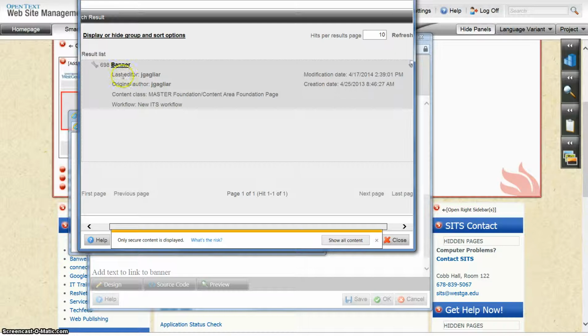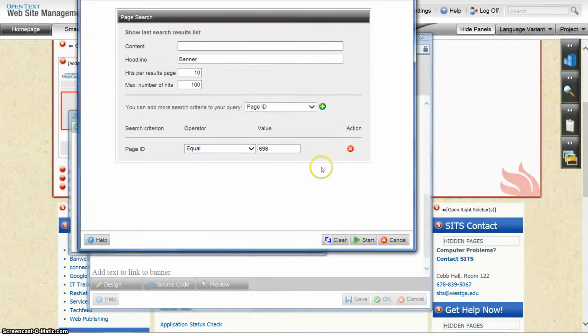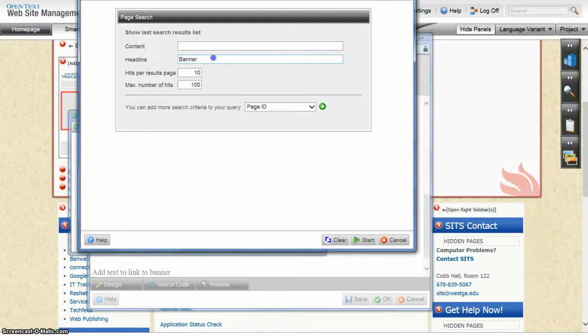It'll show me some details such as the last editor, the original author, the content class, and the workflow being the name of the site that I'm working on, as well as when it was edited and when it was created. If I don't do that, notice the title like About Us